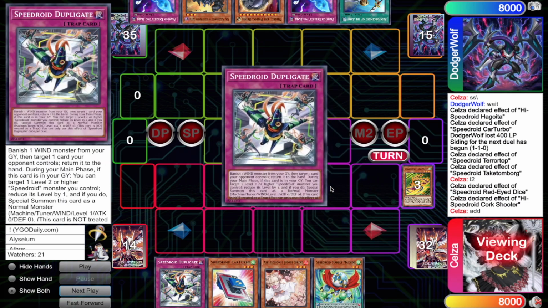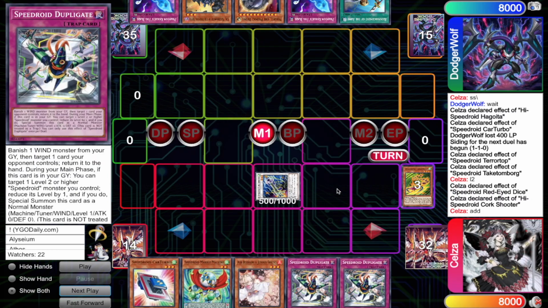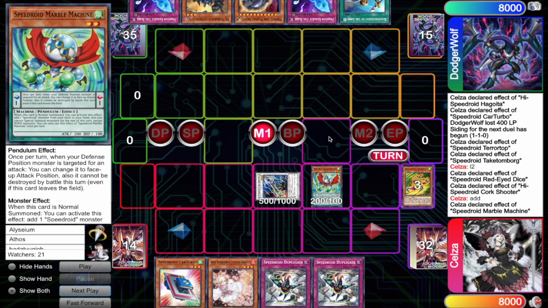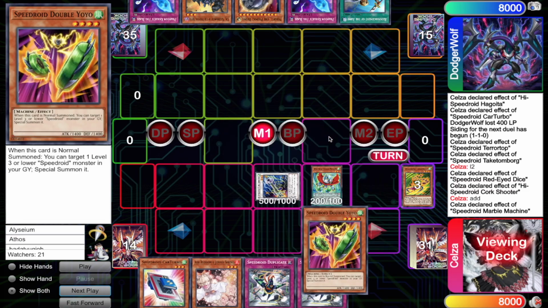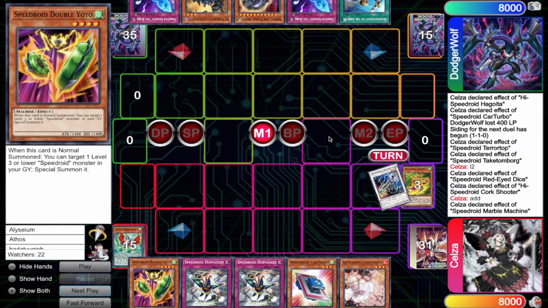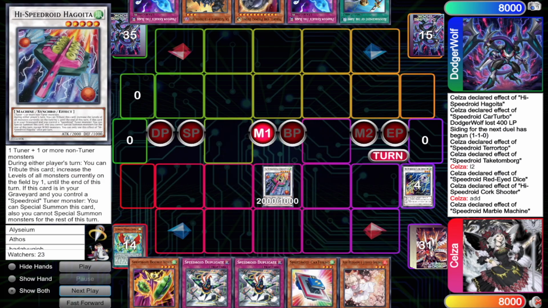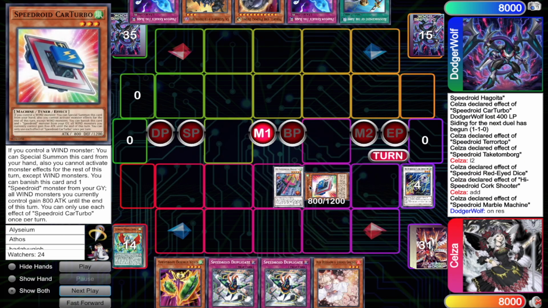So I can have another Compulse, because Compulse is really good against a Zeus deck, or a deck that just links into like Cherubini or Bardies. I can just put it right back into the deck. Then I use the effect of the Marble Machine. I go into Yo-Yo. And then I go into Hygota, and then I go Car Turbo, and now I have,